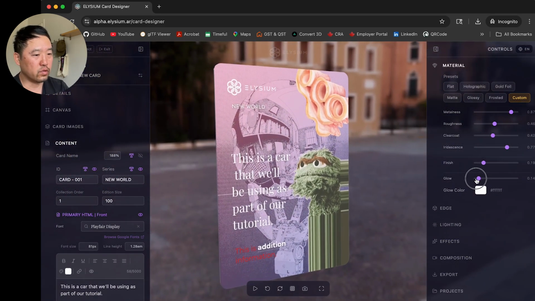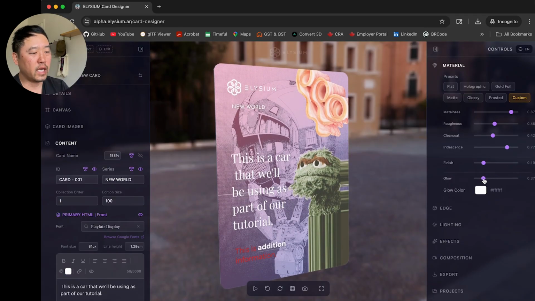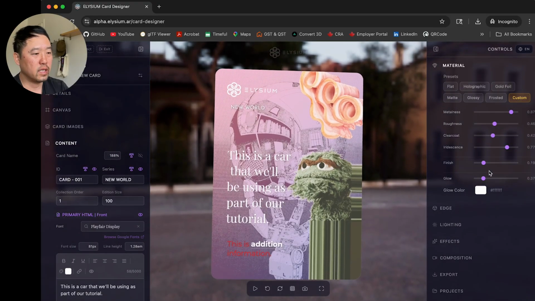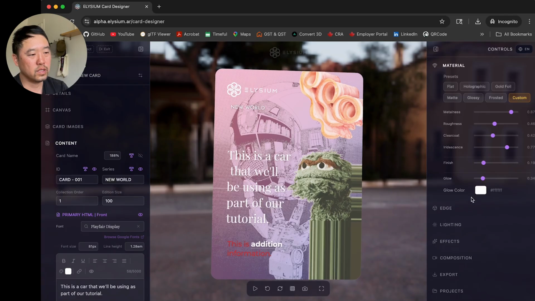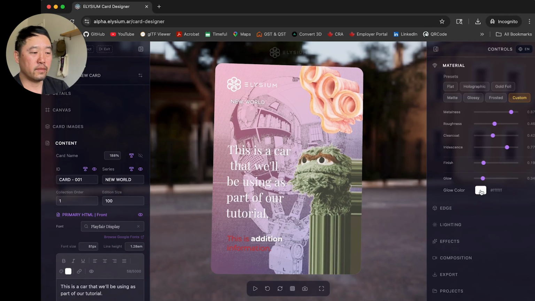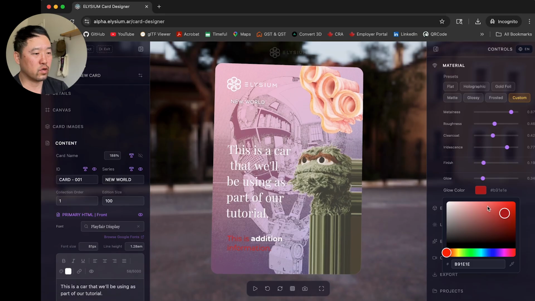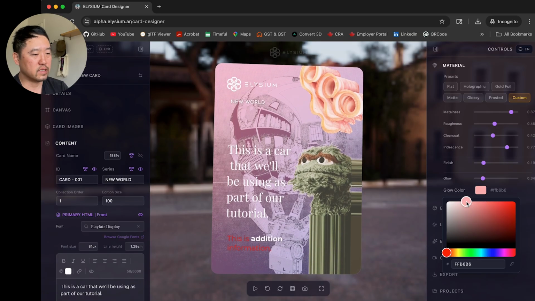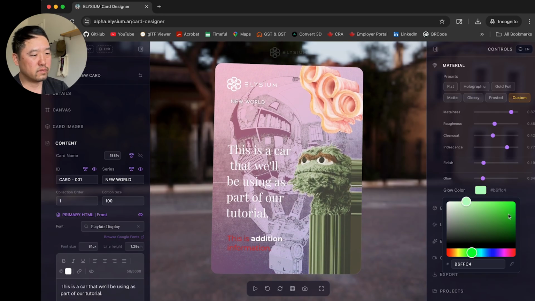And the same thing for the glow, right? The glow is going to affect the luminosity of a card. So in AR, you want to have a little bit of a glow so that it actually appears the way it should. So you can leave that at the default. The default setting has been tuned so that it works well. And you have the option of actually changing the color of the glow, which changes the look of the card as well. But ideally, you want it to be something that's relatively light in color and maybe give it a bit of a cast. You can do that, right?